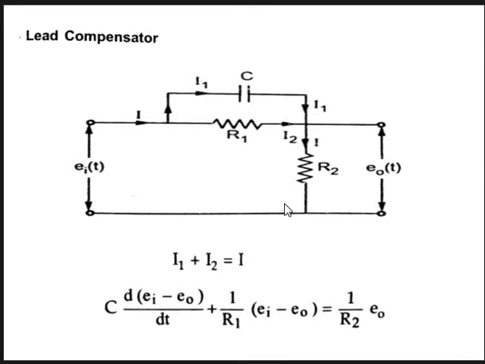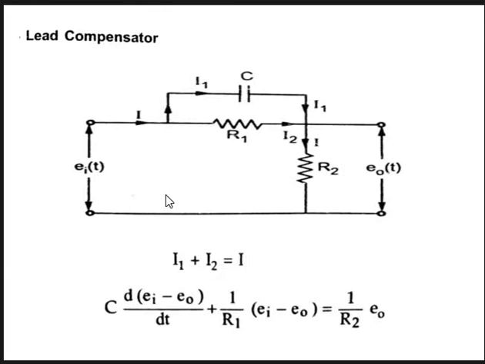Lead compensators. So this is the lead compensator network. A network can have three basic elements: resistor, capacitor, and inductor. Here only two components will be there in this network: resistor and capacitor. If the capacitor is connected in parallel to the R1 resistor, that is the forward or input resistor, then this connection is called a lead compensator. If the capacitor is connected in series with the R2 resistor, then the network is called a lag network.